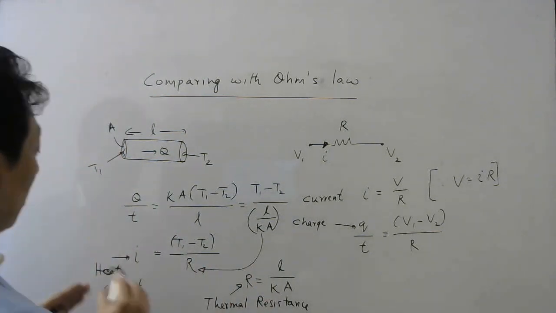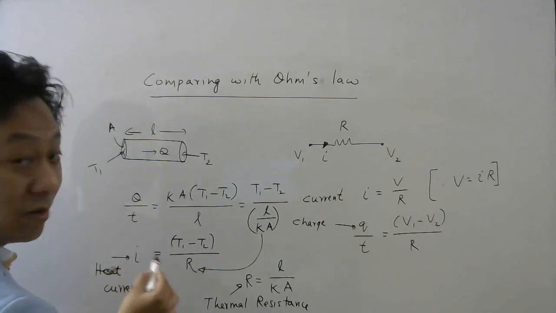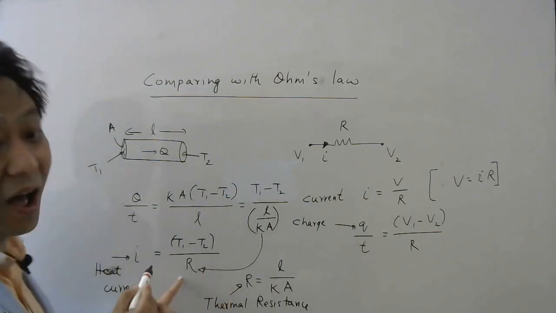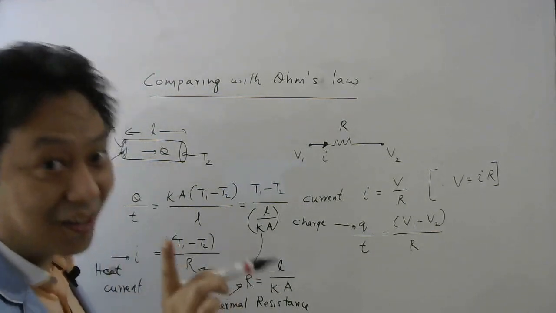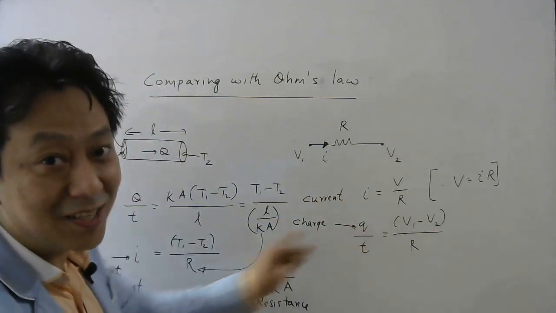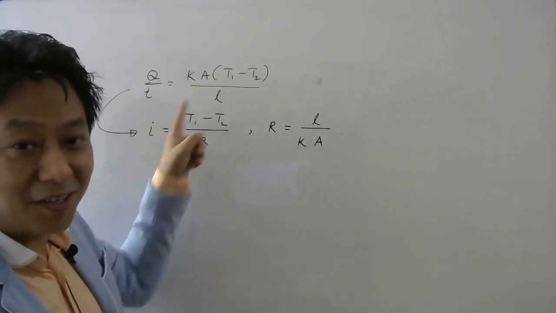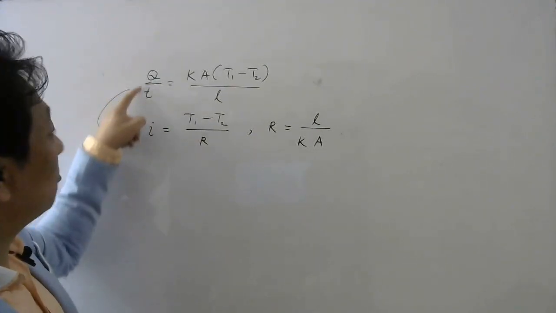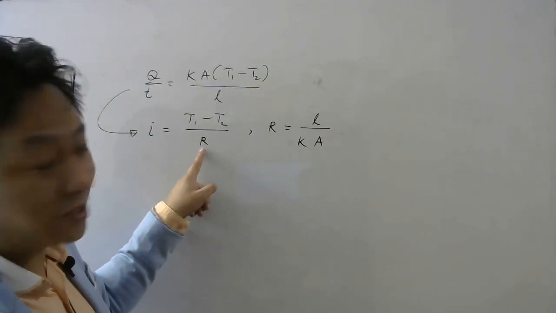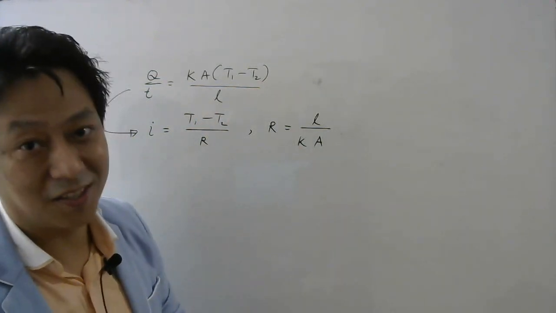So just like we have Ohm's law, I equals V by R, here also we have Ohm's law, I equals not potential difference but temperature difference divided by R. Here I is not your electric current, it is your heat current, and R is not your electrical resistance but thermal resistance. So remember, this formula can be written this way, where I represents your Q by T, which is called heat current, and R is thermal resistance, which is given by L divided by K times area of the cross section. Let's do the first question.